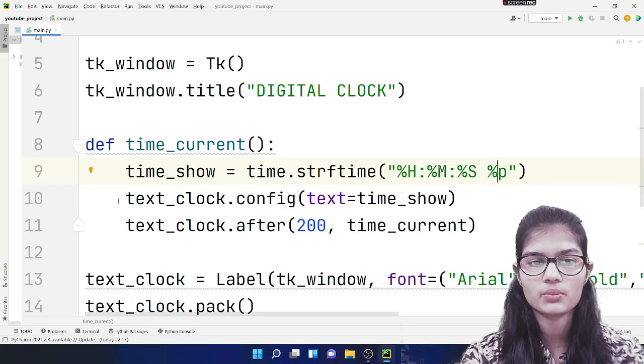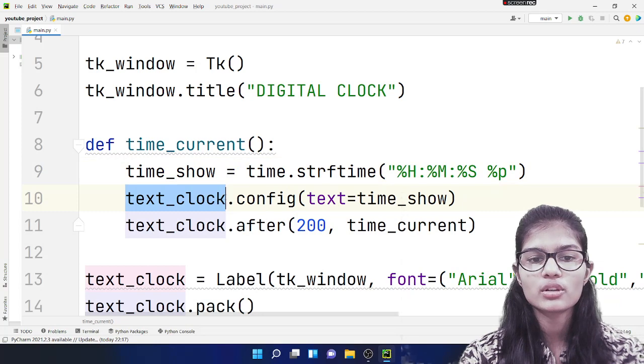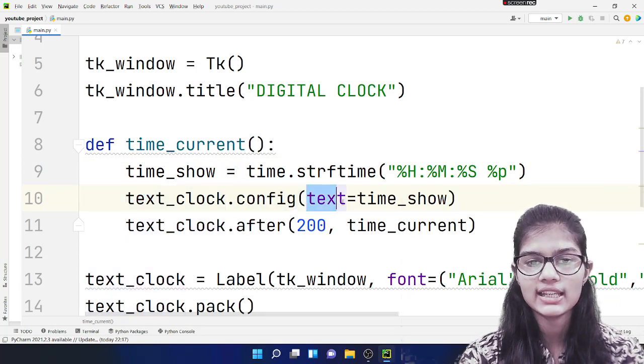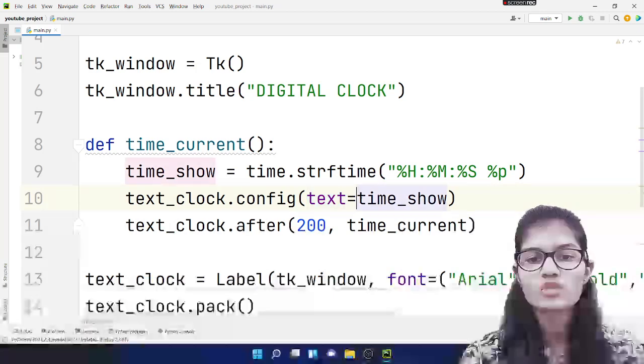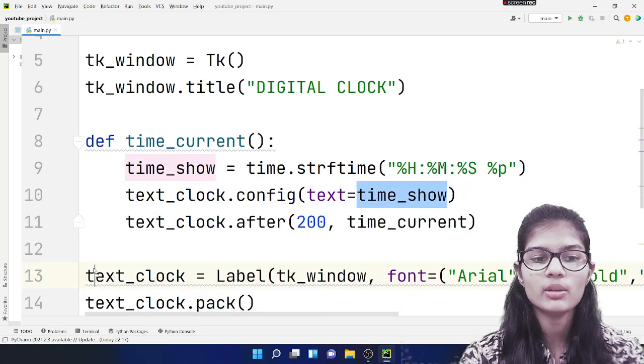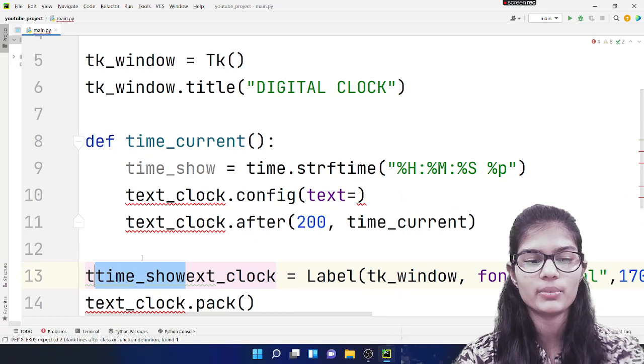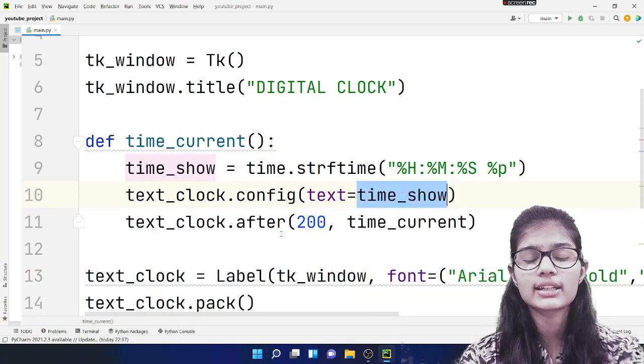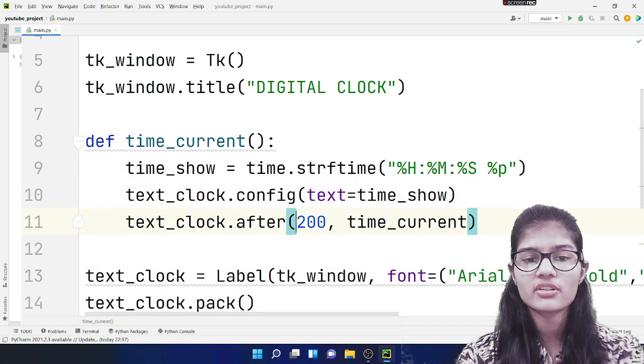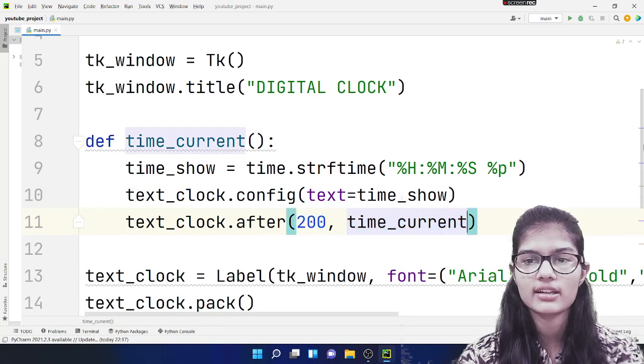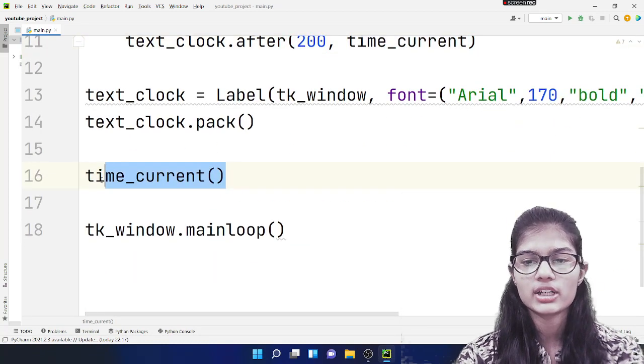Then text_clock.config. Config is basically used when I have a text and I want to put it onto that particular label which I have defined. So that is used here. And after this much time, please make this particular function run. This is what actually it is. And here I simply called my function.